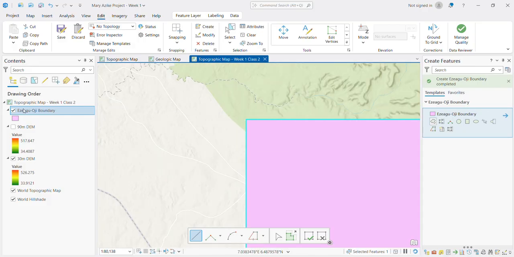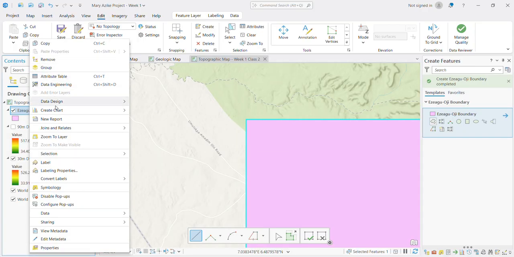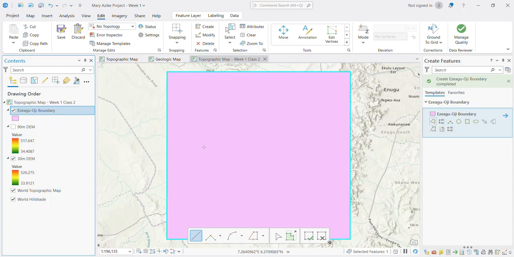So have you seen our feature being created now? You zoom to layer. You see that it has been created now. So once you do that, anytime you create a feature,